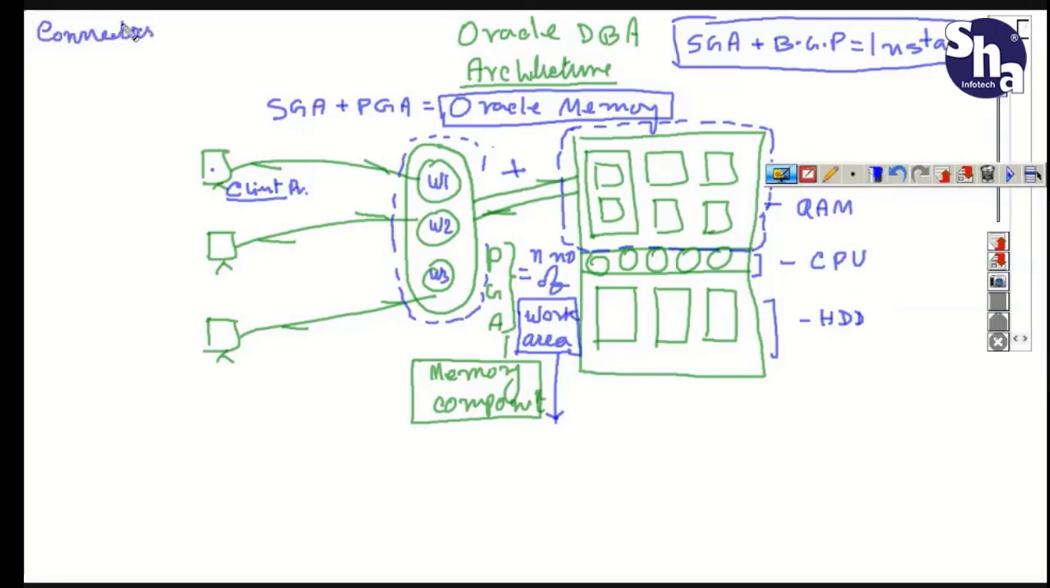Connection between client and server. Okay, so the connection between client and server is done, or maintained, by a process called